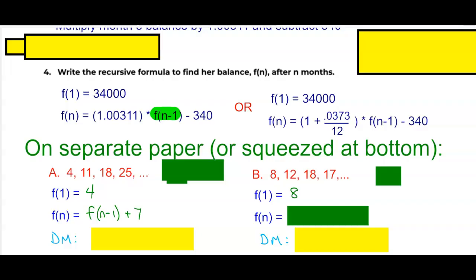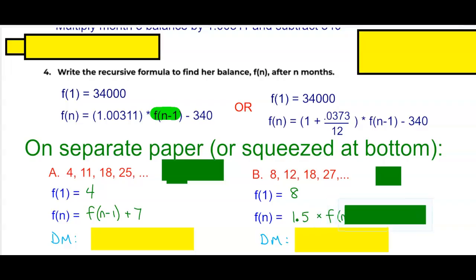All right, in part B, this is not as easy to see. So it's up 4, and then it's up 6, and then it's up, oh, that's a mistake. Okay, that 17 is supposed to be a 27. All right, so it's up 4, and then it's up 6, and then it's up 9. So the amount that it's going up by increases, so we can't just add. So maybe what you saw is that the amount that it adds is half of the previous amount. If you saw that, then you would know that it's times 1.5. And so if you multiply by 1.5, you would have